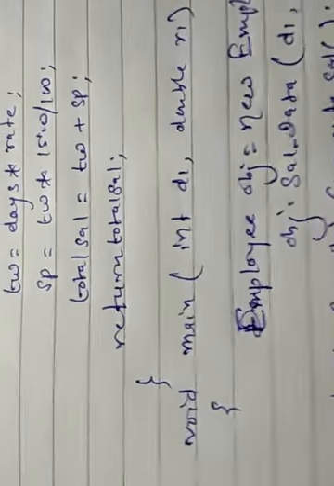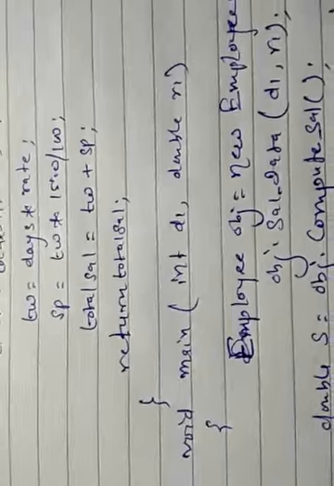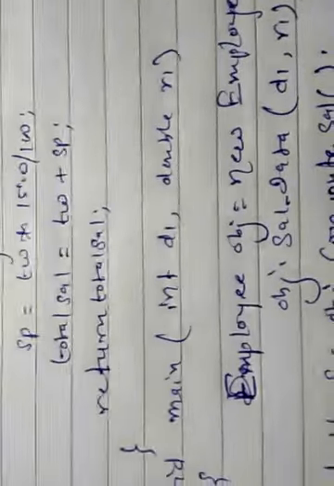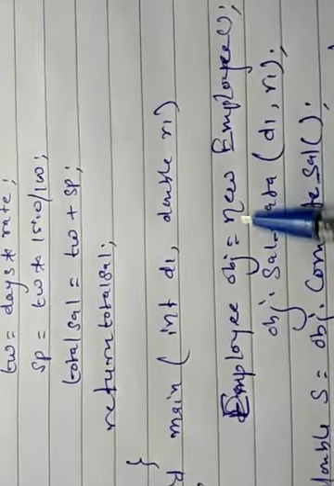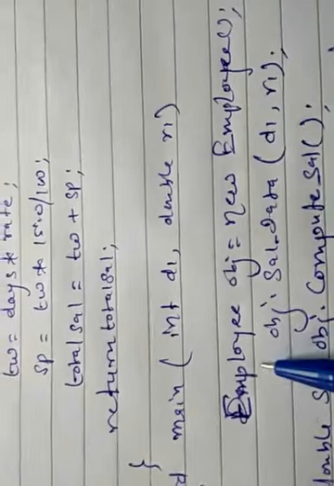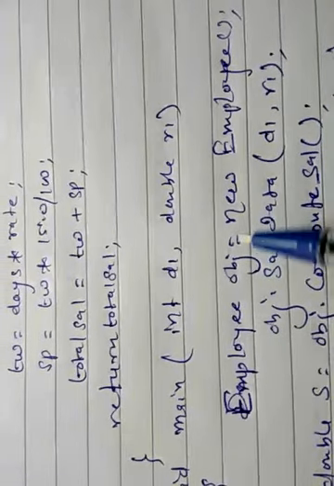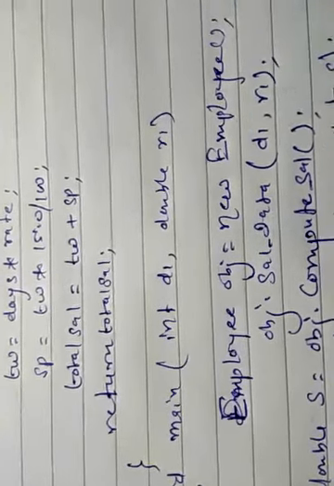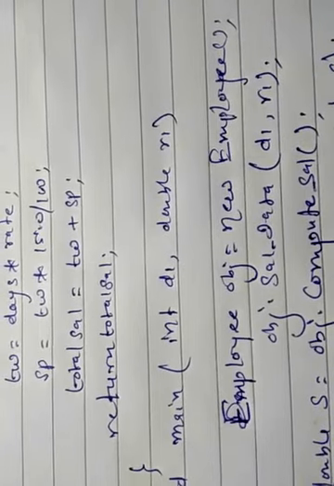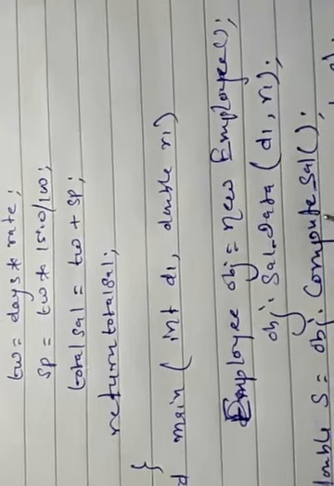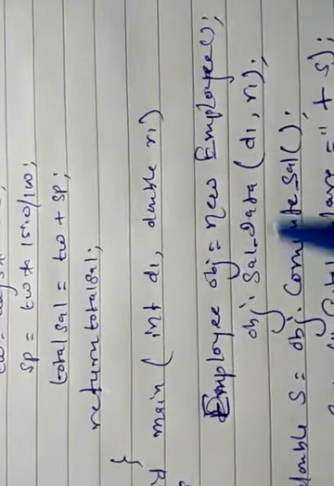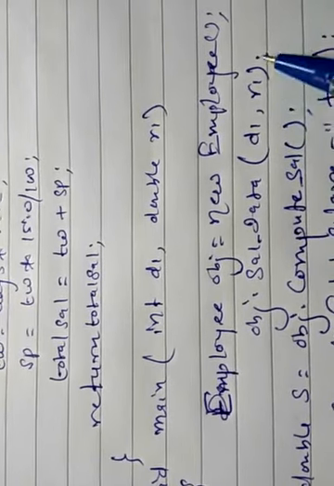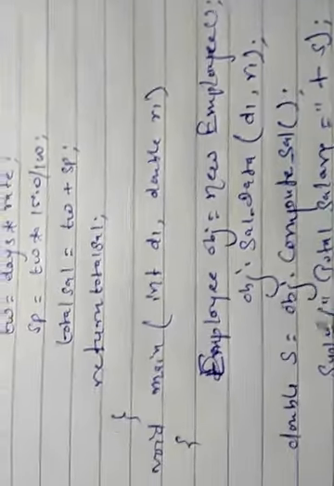And in the main function we have to call the above function. For the above function we require the days input and rate, so we are taking d1 and r1. First we are creating the object of the class. How can we create it? First the name of the class, then the object name equals new, then the class name. The new operator is used to create an object of a class. Then obj.calc_data, we are passing d1 and r1, so the values will be input as days and rate.